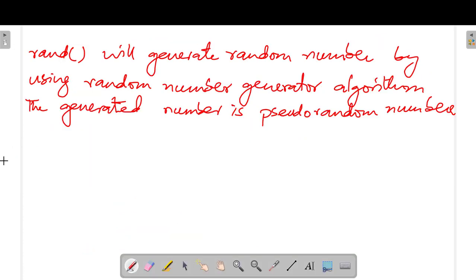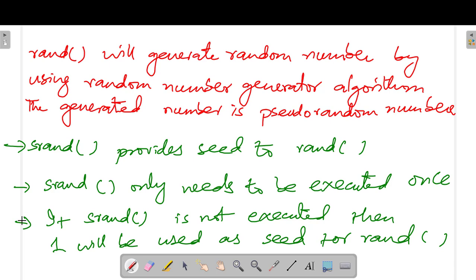Rand will generate a random number by using the random number generator algorithm. The generated number is a pseudo-random number, and the seed to that algorithm is provided by srand. If srand is not executed, then 1 will be used as the seed for rand.